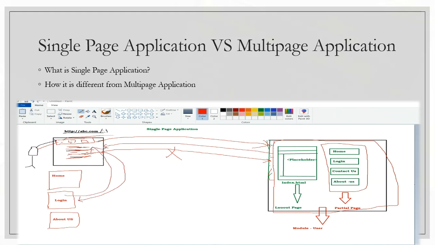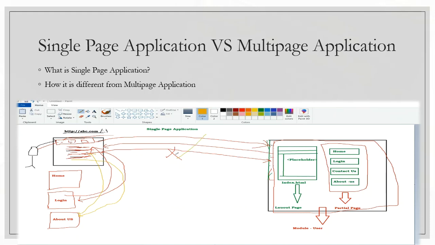So the login page content will replace this placeholder. Suppose user clicks on about us. Again the about us page will be loaded from the browser memory instead of sending a request to the server.